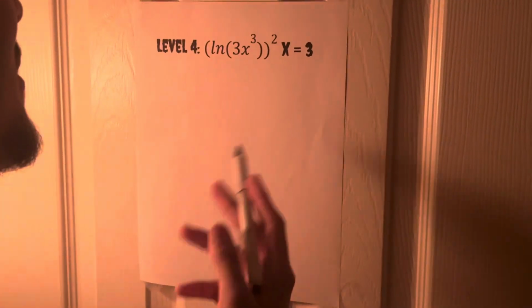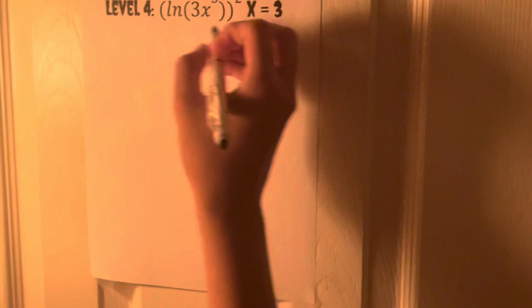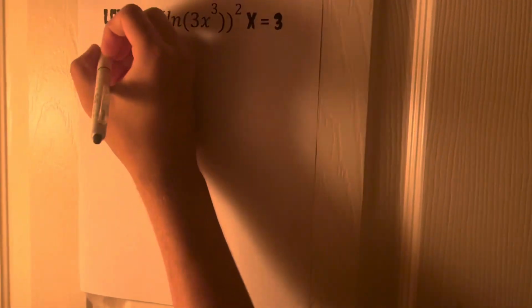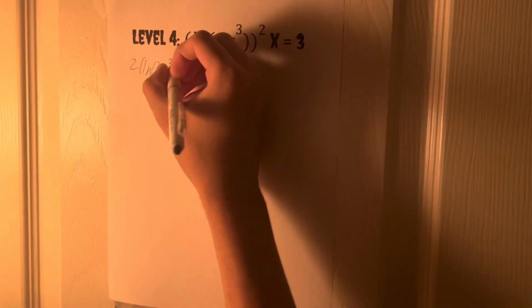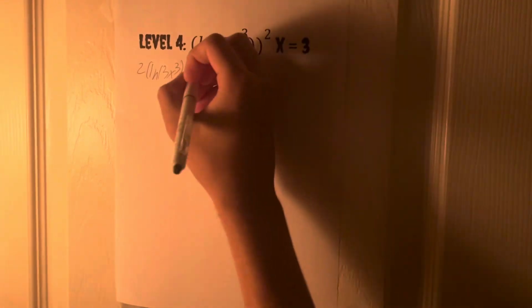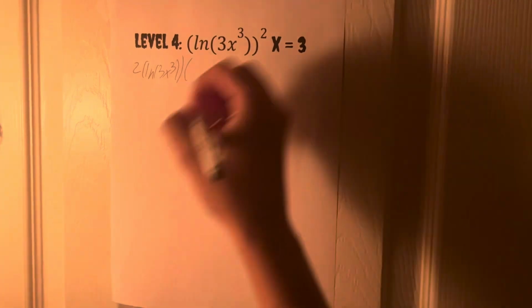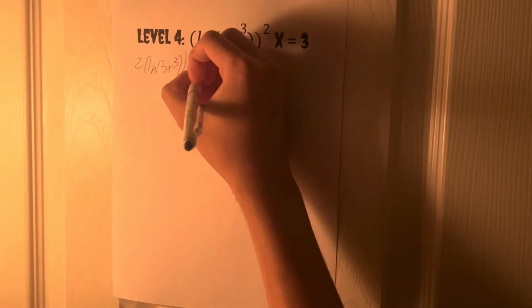Okay, it seems for this one, not only do we have to do the chain rule, we also have to find the solution at a certain point. Okay, for this one, it seems you have to do the chain rule twice. So first, the outside function would be 2x, so that's 2 times ln 3x cubed, times the derivative of the inside function, which you would also have to apply the chain rule. So that'd be 1 over 3x cubed